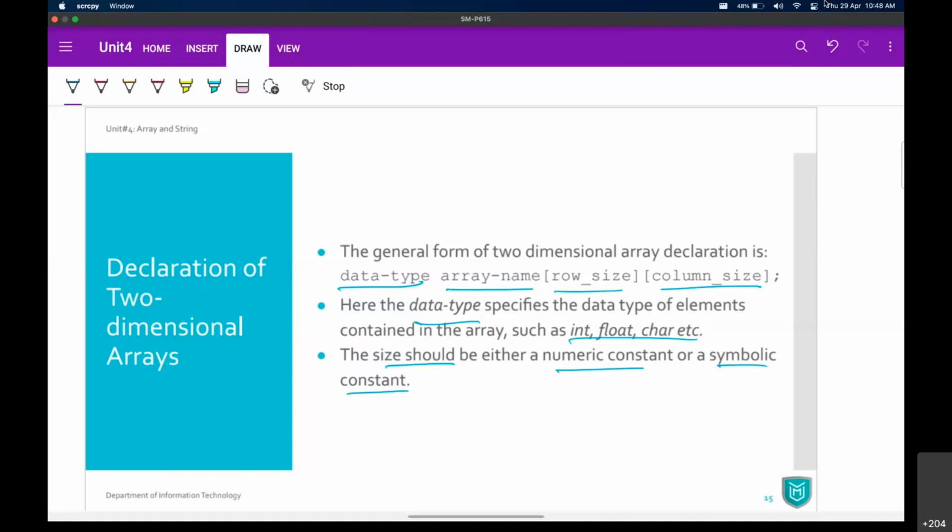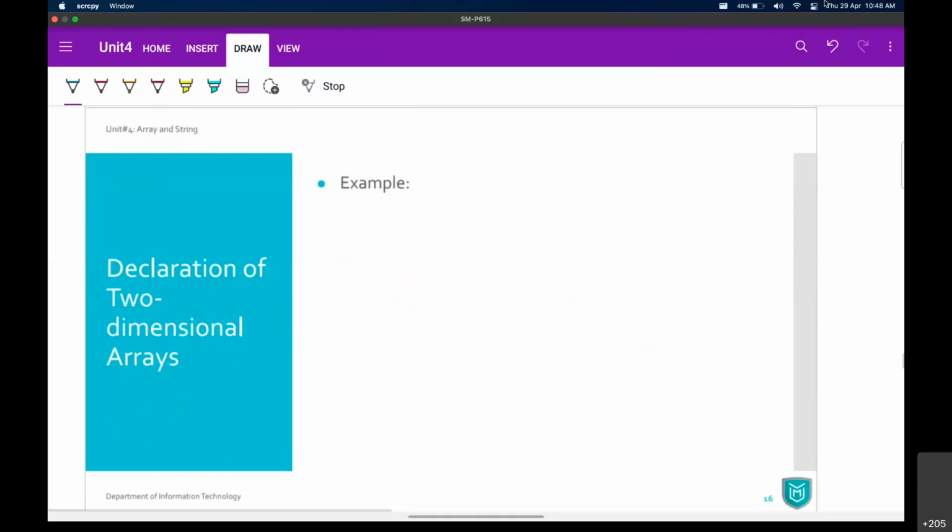Otherwise you have to go for a numeric constant value written in the square bracket. So this is how we can declare a two-dimensional array. Let's take an example. What if I want to have two matrices and then add those two matrices, for example. If we want to work with integer data only, then we go and declare those two matrices first.